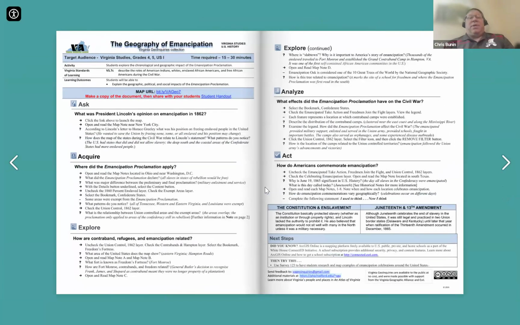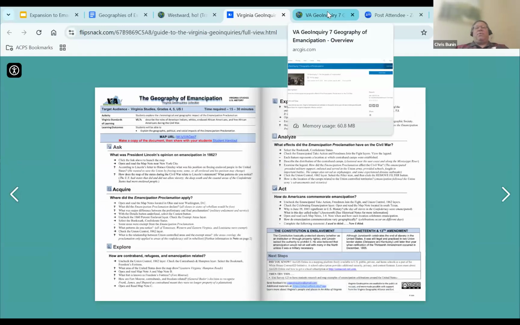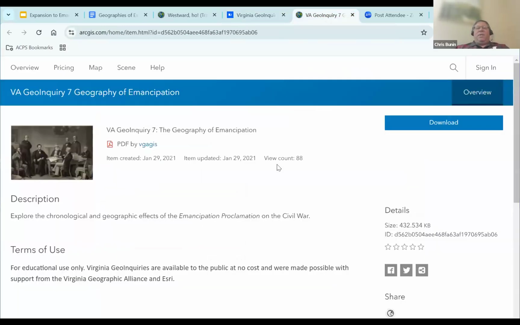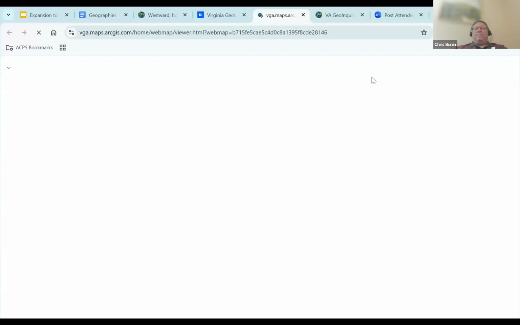The one that I'm going to work with you with is the one we created called the Geography of Emancipation. This was written to pertain to the Virginia government recognizing Juneteenth as a state holiday, and it is now our most recent federal holiday. Working with a professor at North Carolina Central University, we created this activity that looks at the geographic effects of the Emancipation Proclamation. Similar to the last activity, you will open up the activity itself, which really the easiest way is in the flip stack. And if I open up the map,